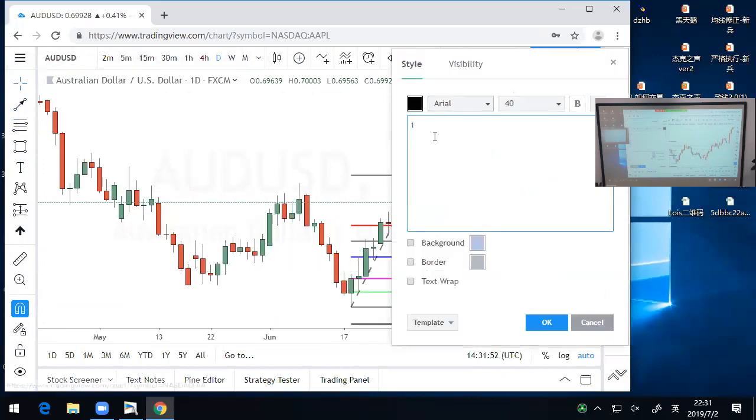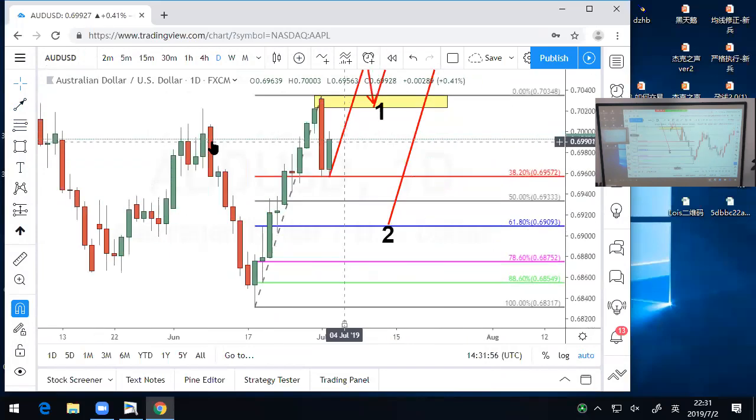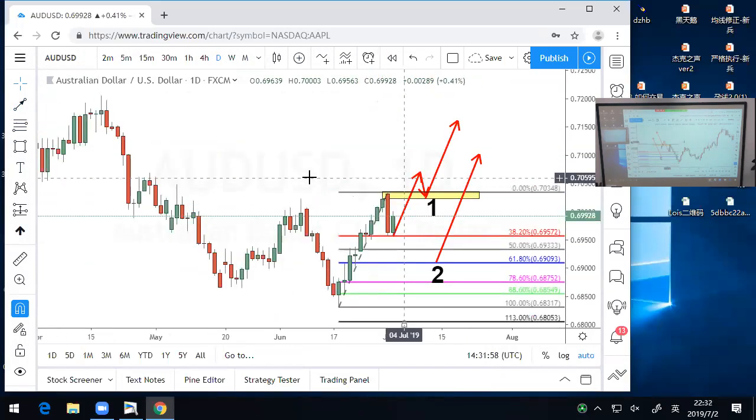Either of these opportunities will be good for trading Aussie, because long term I'm bullish on Aussie. I'm very, very bullish on Aussie because I know that the Aussie dollar is undervalued and it is very likely for the Aussie to go to a very high place. So I'm going to tell you that